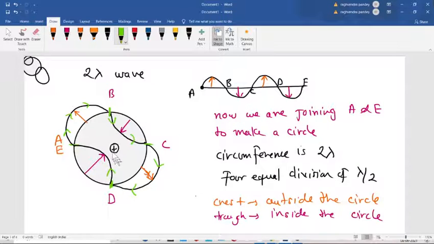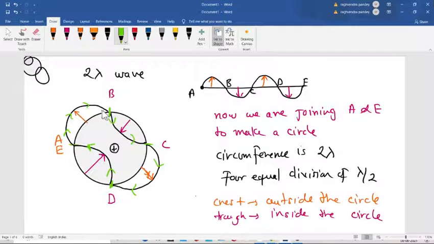After coming to the end point, that is E, it is traveling on the same path. It is the same wave from E. So from E, if it is starting again, the new wave which is starting again from the E point